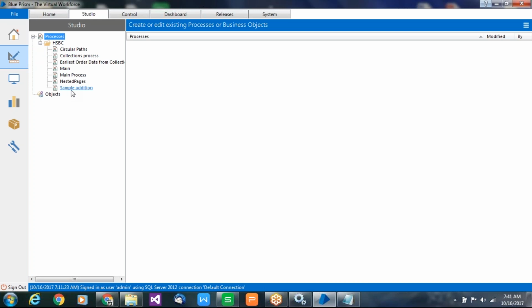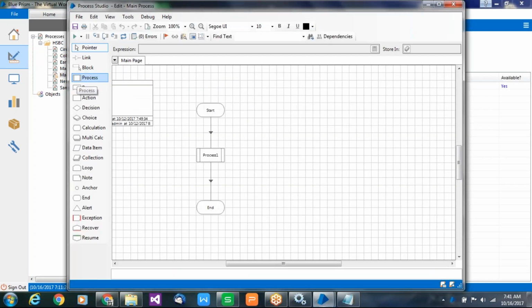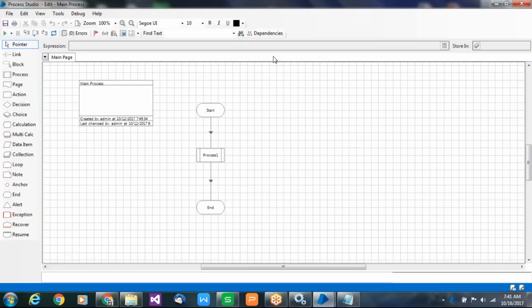You are developing these examples using Process Studio, and running through the development editor only. The development editor means the development client. In real time we call it the client, and through the client only we are running.